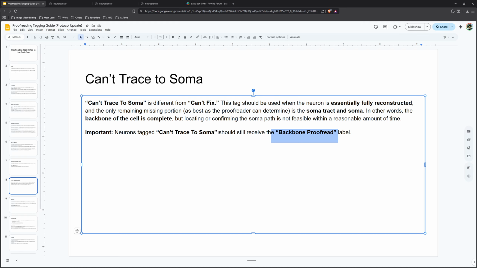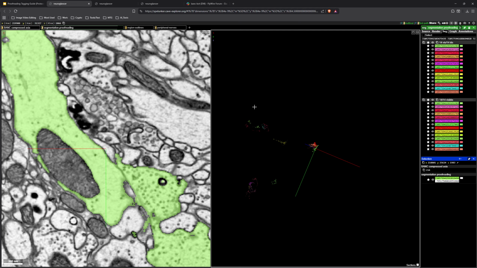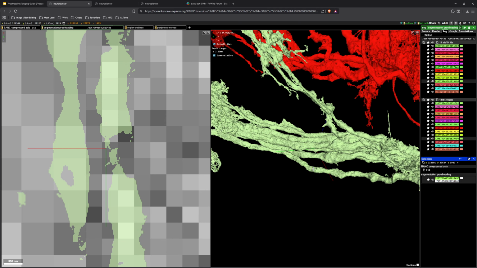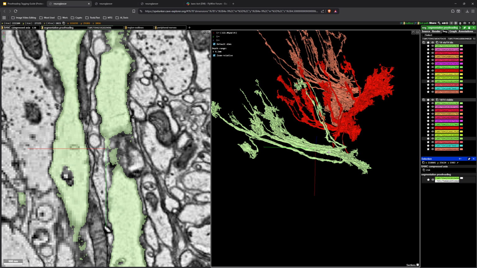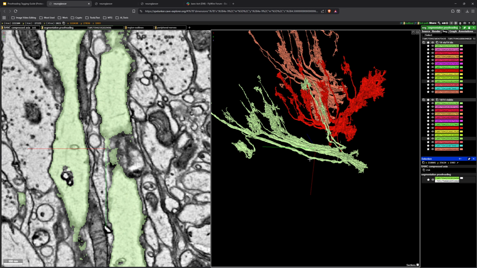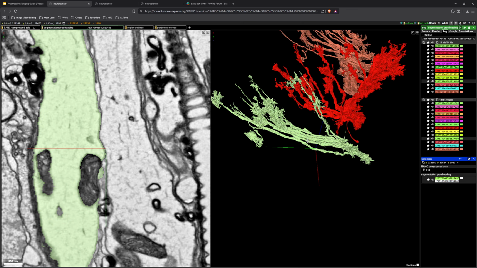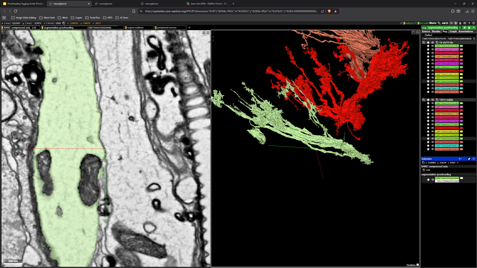So ripped area is going to get the backbone proofread label, and can't trace to Soma is going to get the backbone proofread label. So with that out of the way, I want to get into some examples, and I'm going to start with the ripped area. So some of the IDs in the sheet are outdated, or if you come across an outdated ID in the wild, you're going to want to make sure that you pick and, really